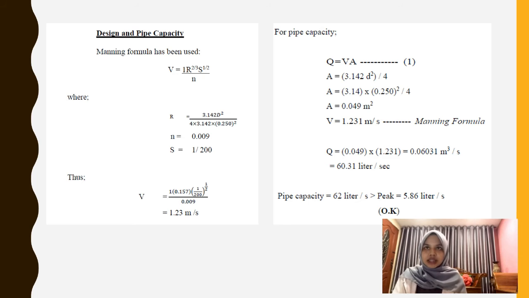Next is the design and pipe capacity. In this design, we use the Manning formula. From the Manning formula, we get our value of V, which is velocity, equal to 1.23 meter per second. Next is the pipe capacity. The formula used is Q equals VA, where A is 0.049 meter square, and from that equation we get Q is